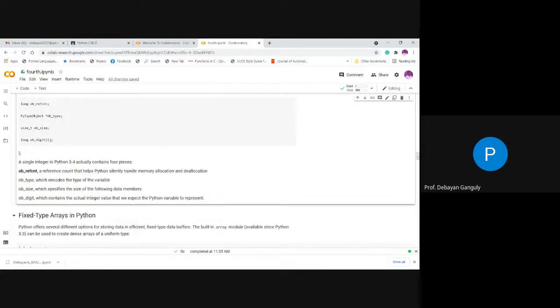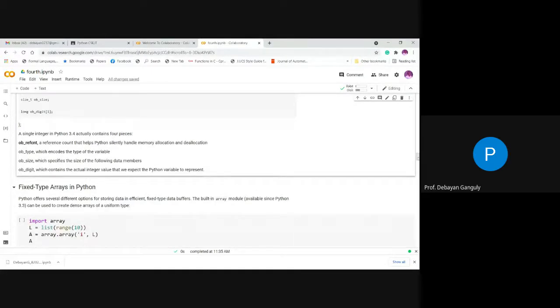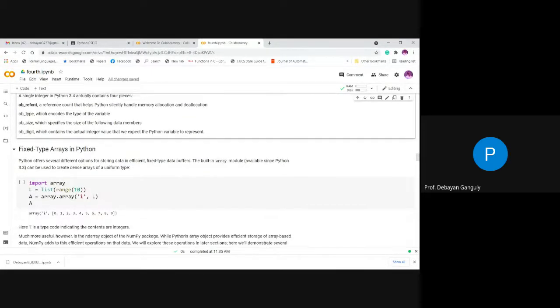So in competitive programming, you can use Python, but it will always be better to do competitive programming using C++ or Java. But if you can do it in Python, that's well and good. If you know C++, it will always be better to write the program in C++. So now the thing is that